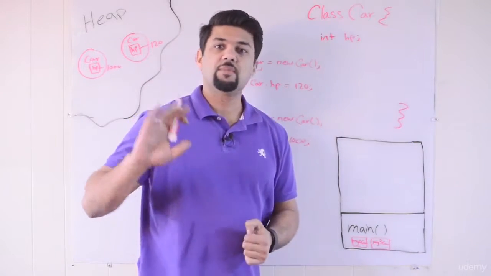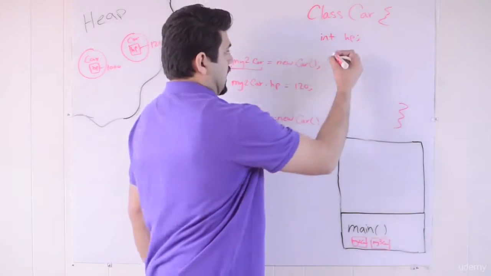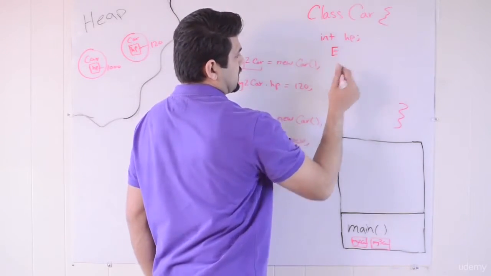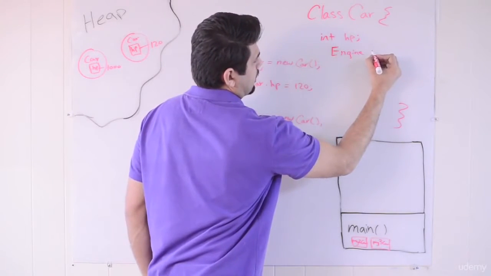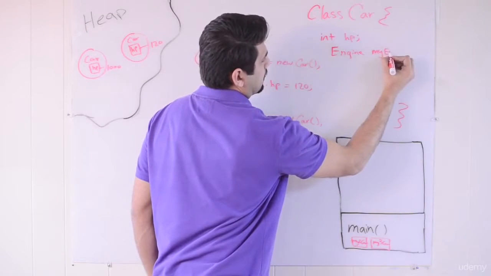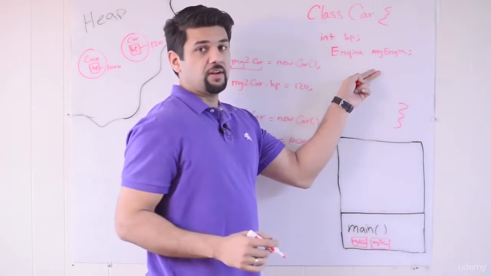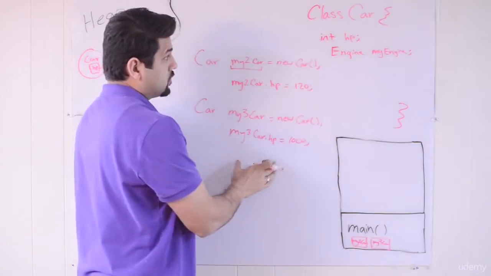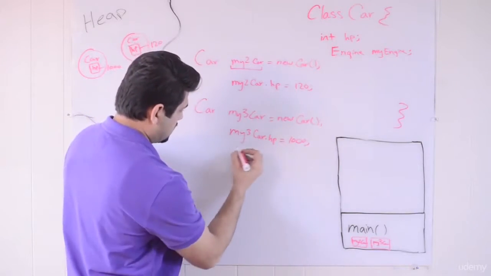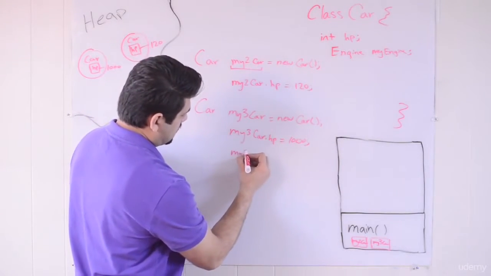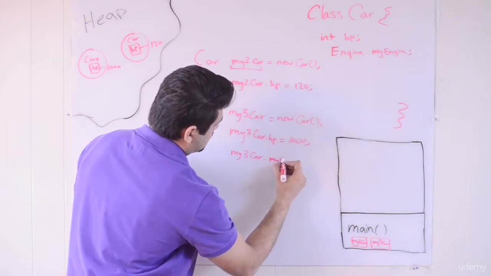Let's say we have some other class in our Java project called Engine, all right? I can actually create an instance, or rather an instance variable that is of type Engine, and we'll call it myEngine, okay? We're not going to instantiate it here, we're going to do it in the main. So let's say I want to give a car an engine. I could do, for example, my3car dot myEngine